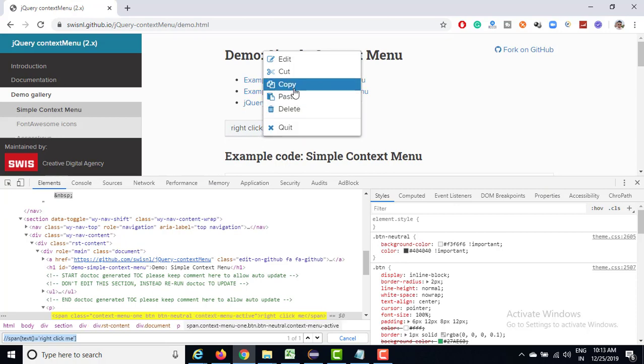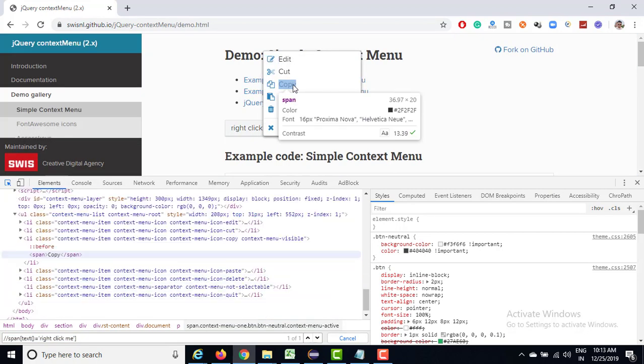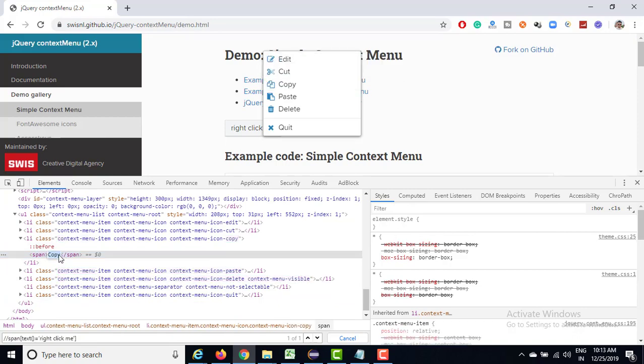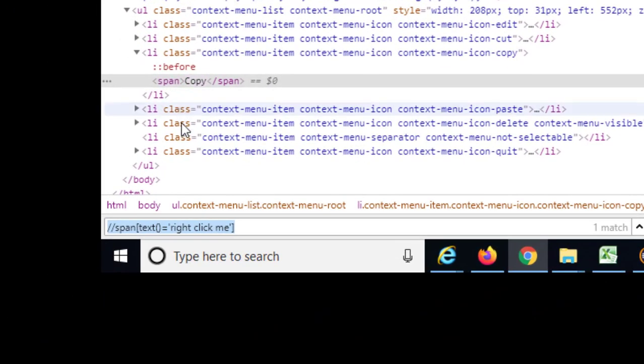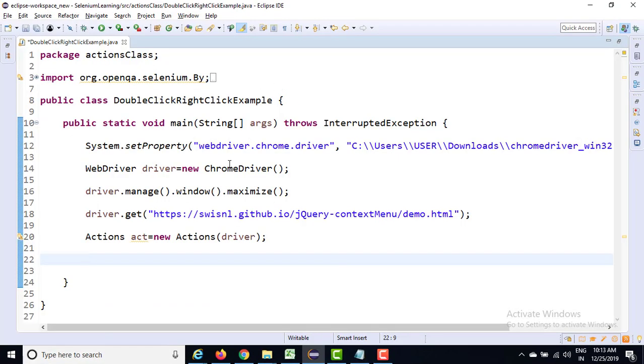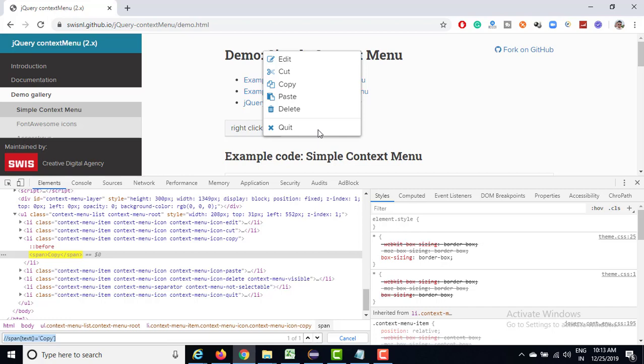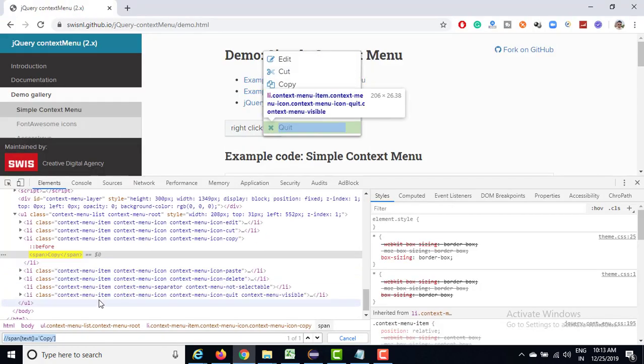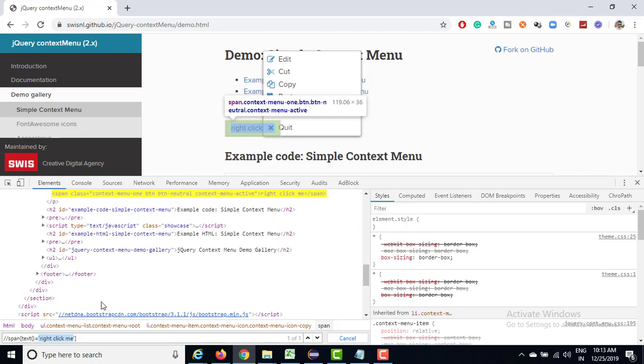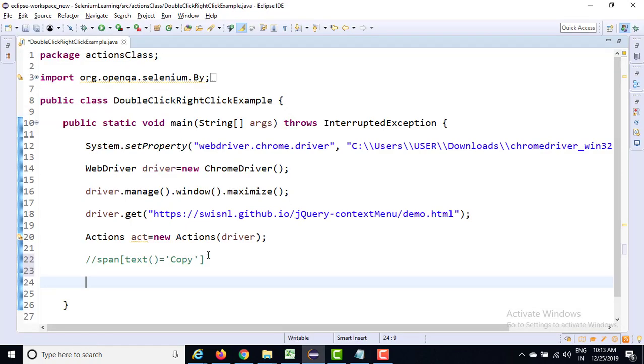So this is what we need to put for right click, and let's say after right click I want to click on copy. Again, if I go ahead and try to find the XPath for this copy, you can see it is again coming under span. So I can use the same XPath. Instead of giving this text, I can write copy. It's a capital C and you can see it is able to provide me the XPath. So I will paste both the XPaths, and sorry, I could not save the last XPath. So let me do Control Z and we got this XPath as well.